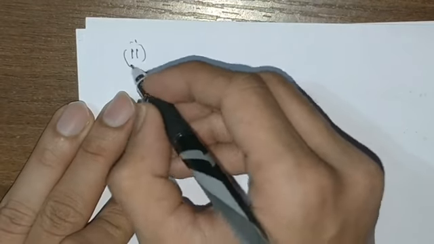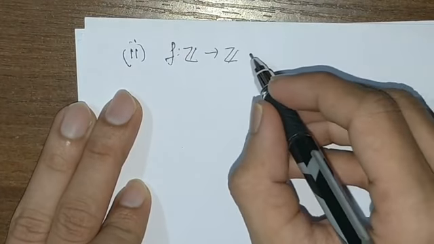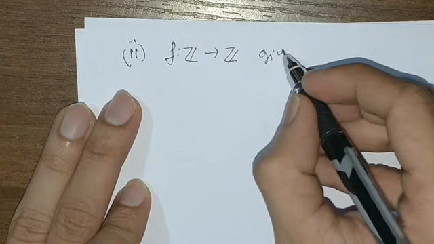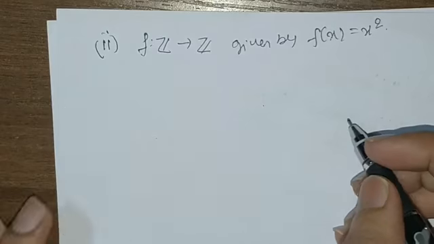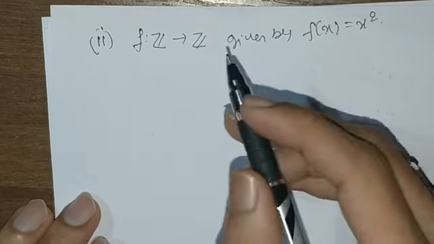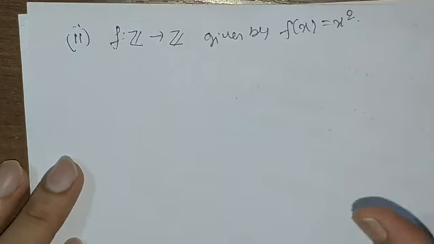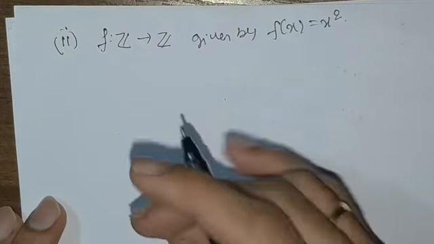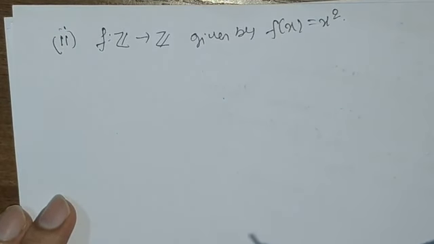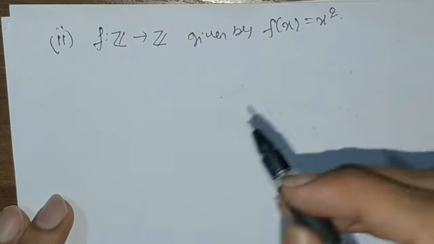Now let us do the second one of the second problem. That is f from Z to Z is given by f(x) is equal to x square. The same function as the previous problem, but the domain and the codomain are different. So you have to just see in your mind whether the function is 1-1 or not 1-1. So this looks like it is not 1-1, because see, if this is the set of integers that you are taking, right?